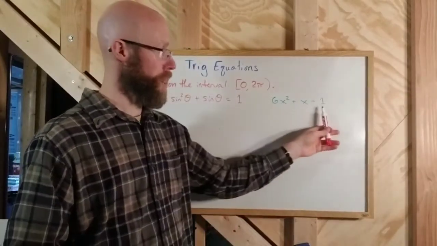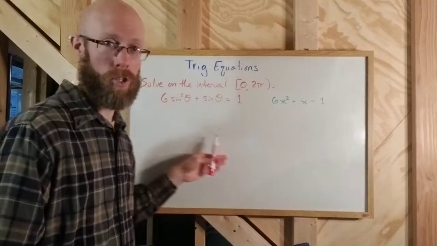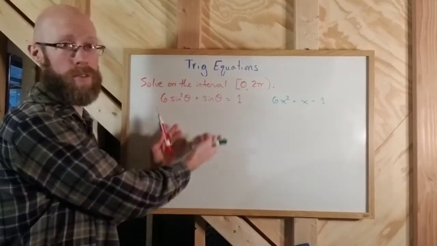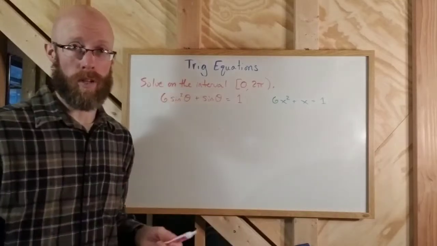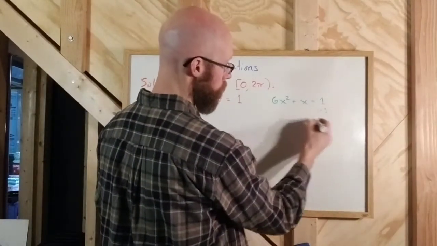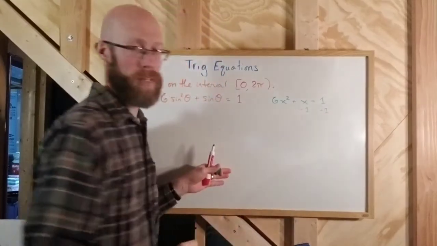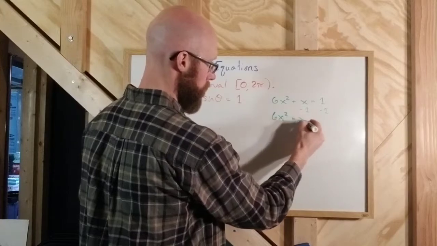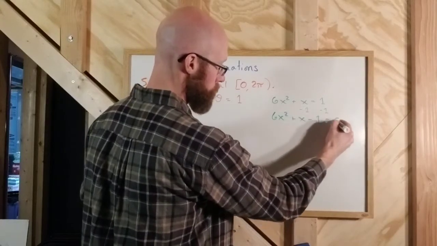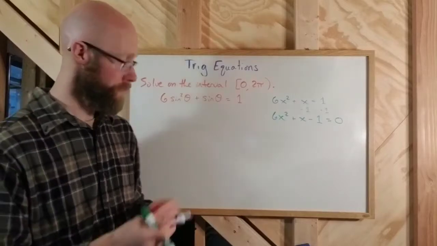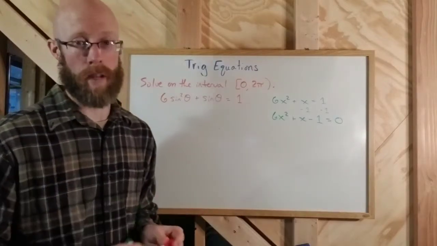I'm going to solve the polynomial equation, and then I'll show you how it is analogous to the trig equation. So in the polynomial equation, I would subtract the 1 from both sides of the equation. That would give me 6x squared plus x minus 1 equals 0. And then I would factor. Now to factor 6x squared plus x minus 1,